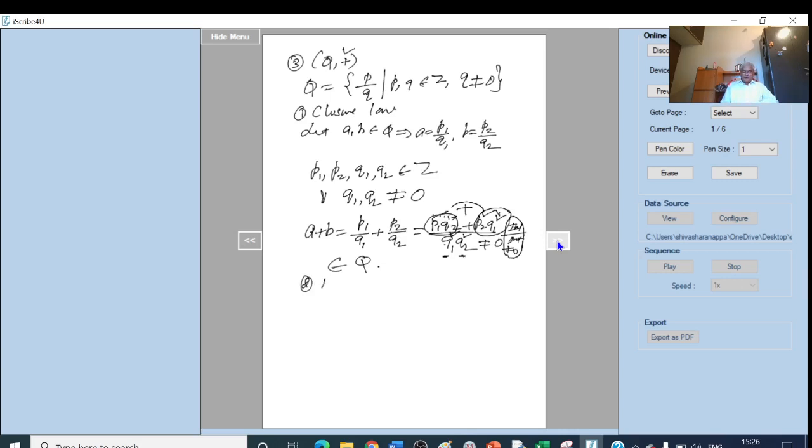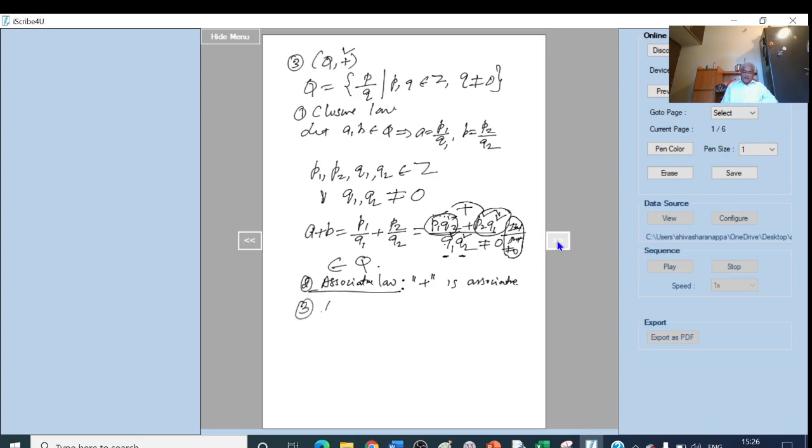What about the associative law? Associative law. So here our operation is plus. This is always associative. No need to write again. Because addition in any manner you can add, you will get the same thing there. That is associative law is satisfied with respect to addition, or we say that addition is associative.